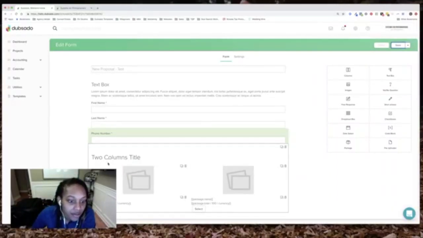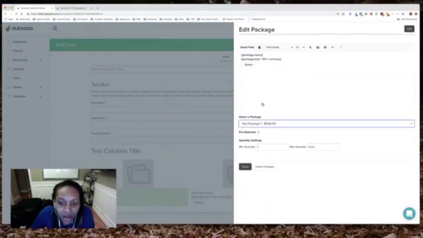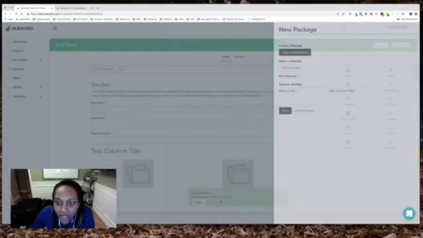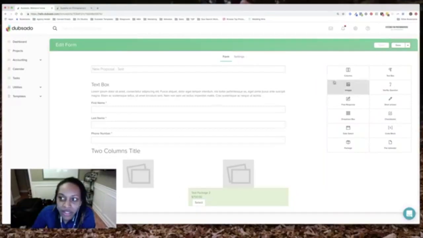So I just put this 2-column title here for the packages, and I'm just going to select some random packages that I have. I think I have a test packages set up here, just so that we can see how we can use this. Again,